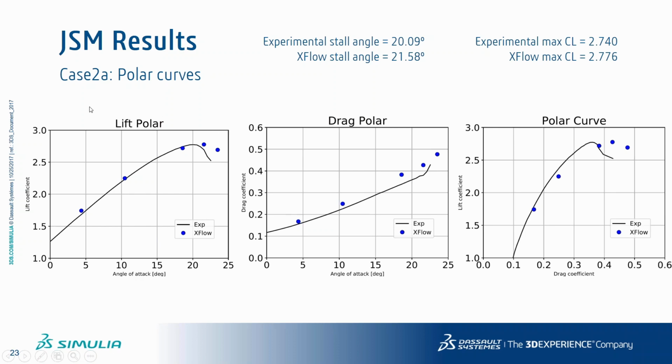So on the left side, you've got the lift polar, the drag polar, and the polar curve, which is lift against drag coefficient. Here, this is the lift coefficient against the angle of attack in degrees, the drag coefficient against the angle of attack in degrees, and the lift coefficient against drag coefficient. What you can see is that there is clearly a very linear region from 0 to 20, or even maybe 15 degrees, and then the slope of the curve starts to decline, and finally you've got a maximum lift value at a certain angle, which is around 20 degrees, to be exact 20.09 degrees